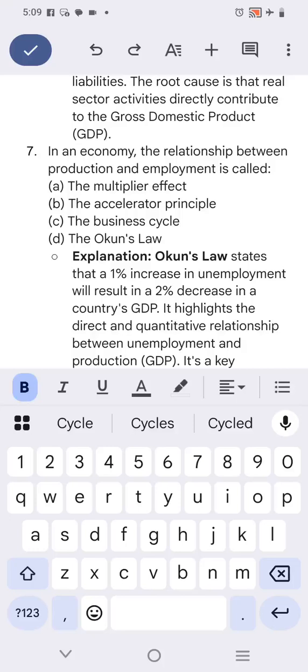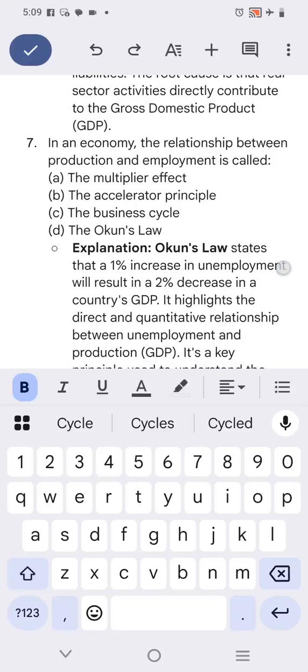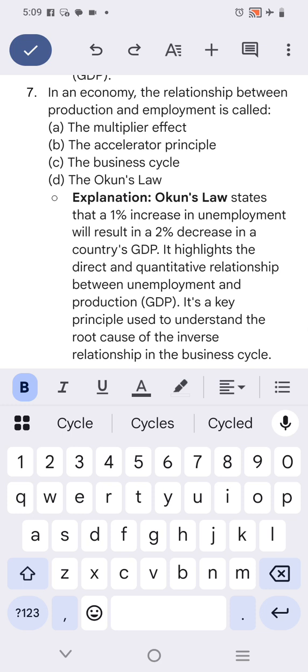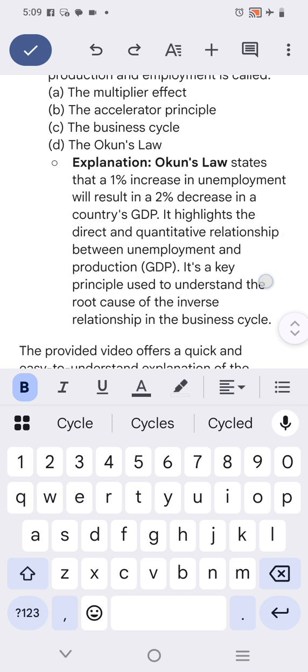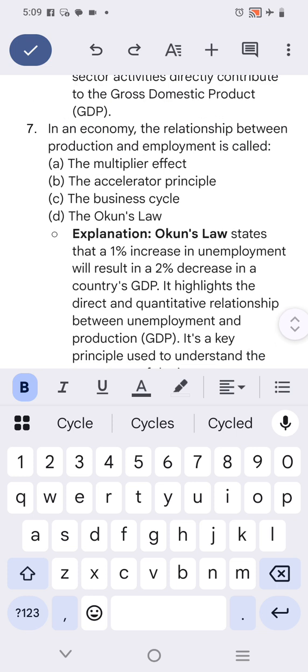So Okun's law states that a 1% increase in unemployment will result in a 2% decrease in a country's GDP. It highlights the direct and quantitative relationship between unemployment and production GDP. It is a key principle used to understand the root cause of the inverse relationship in the business cycle. Okun's law. और Okun's law भी धीरे धीरे